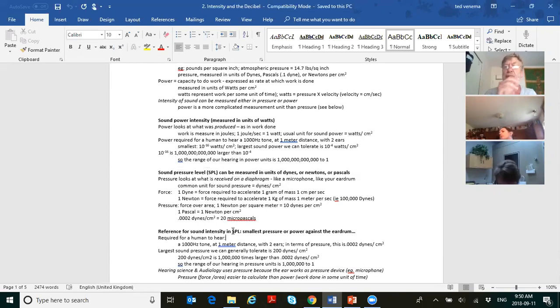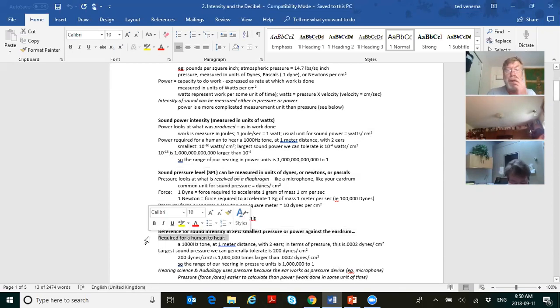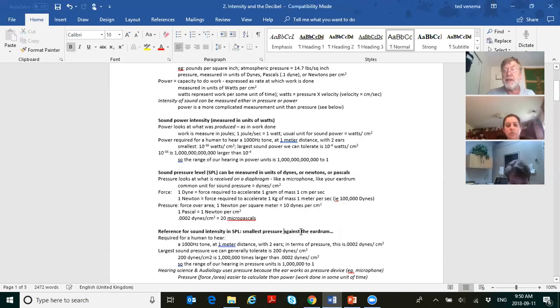Okay, pressure talks about dB sound pressure level. So let's look at dB SPL. And what's the softest dB SPL? Look what I'm graying out here. The smallest pressure required for a human to hear a 1,000 hertz tone at 1 meter distance from a speaker with 2 ears. And the smallest pressure, put a circle around it,